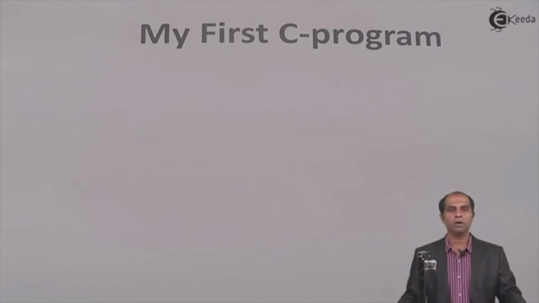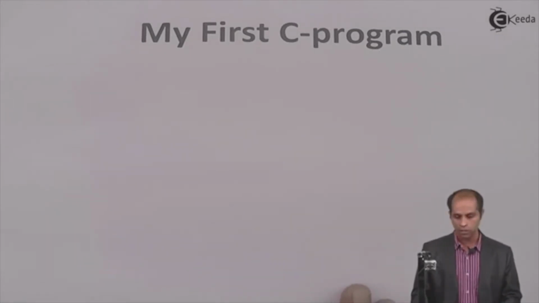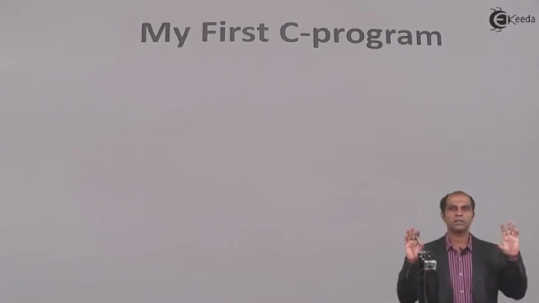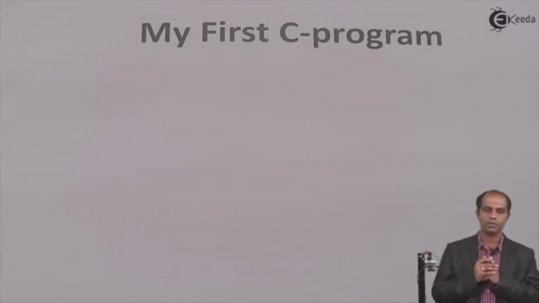Having the basic knowledge about all those structures and the constants, variables, keywords, instructions, let's put together our first C program. Basically, I'll call it my first C program, and you can call it your first C program. In this learning process, we'll start with a simple arithmetic task. Let that arithmetic task be, say, addition of two numbers.